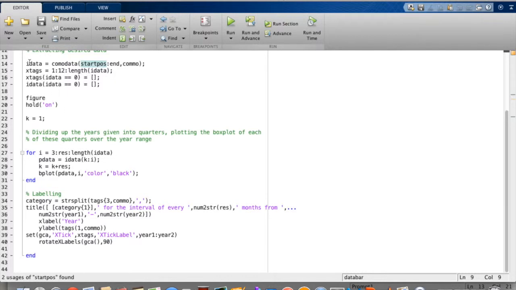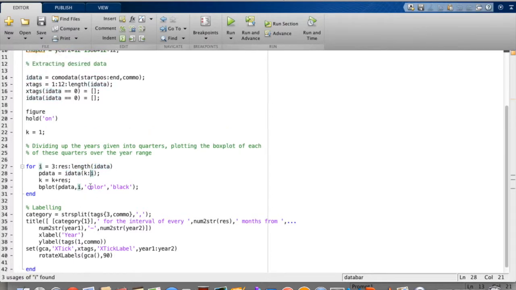We get the particular data we're going to be using the data ID tag, and we're going to go to the end of all the data. So here's this loop that allows us to do the plotting of the bar graphs. We get this function here called bplot, which was created by a coder some time ago, and it basically creates a box and whisker plot for a set of data. So we create multiple box and whisker plots for every resolution step until the end of iData, basically creating a